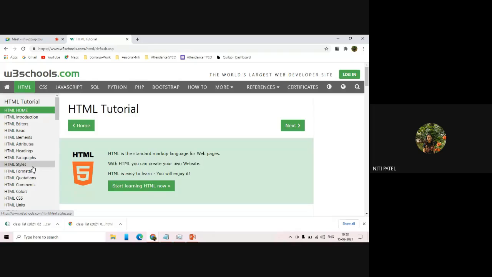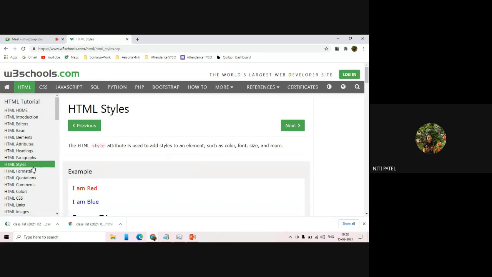If I want to go to the styles folder, I click on it. When I go to the styles folder, what gets added to my link? html_styles.asp. That means a web page which will talk about HTML styles. But from where did I open this page? I opened this page from a folder called HTML. Where was this folder HTML? That folder was inside w3schools.com.